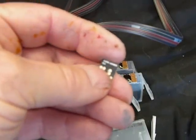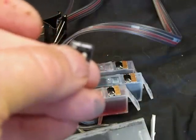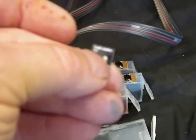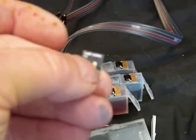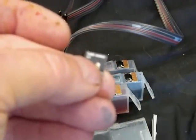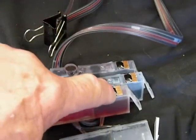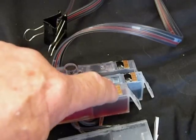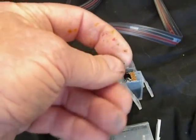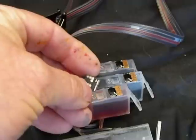If you ever get them mixed up, if you take the tape off, you're not going to be able to see it in the video here, but on the back of that chip, we etched in what color it is and what printer or cartridge it goes in. Like this is a 564 XL yellow, because this yellow chip I'm going to change out. Maybe it's on crooked, whatever, but this is only in the video to show you how to change out a chip